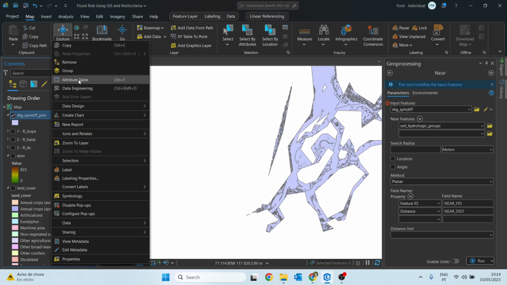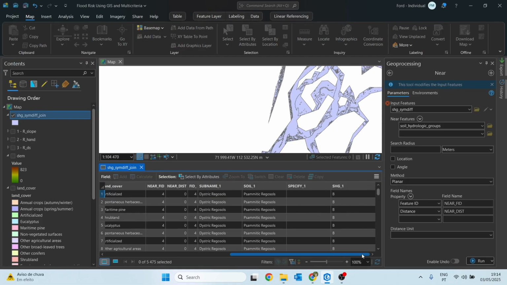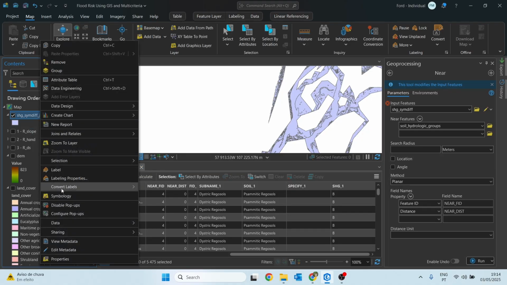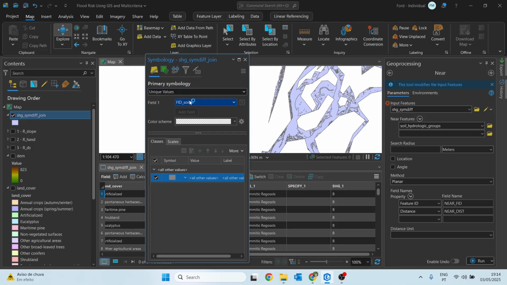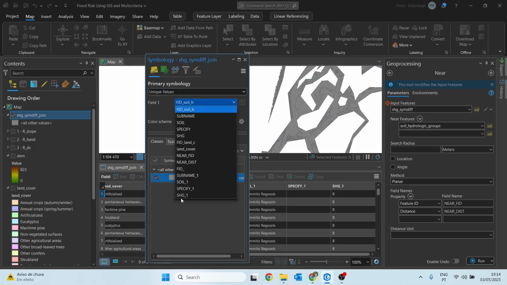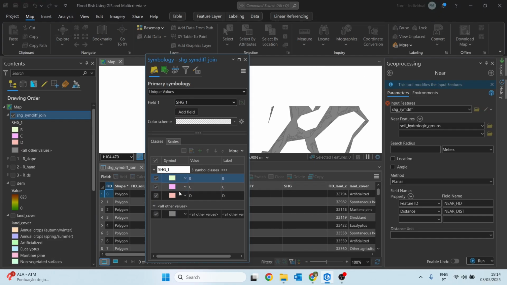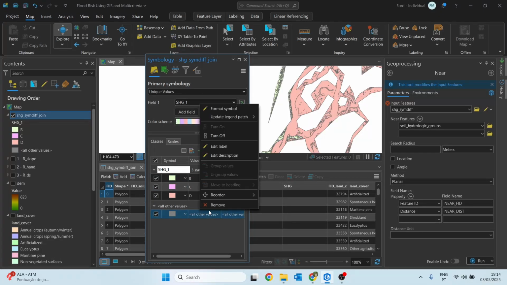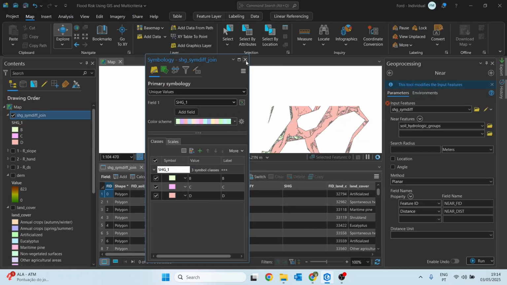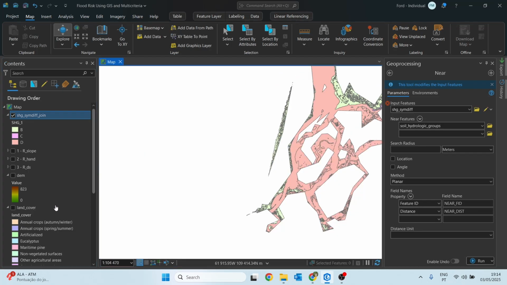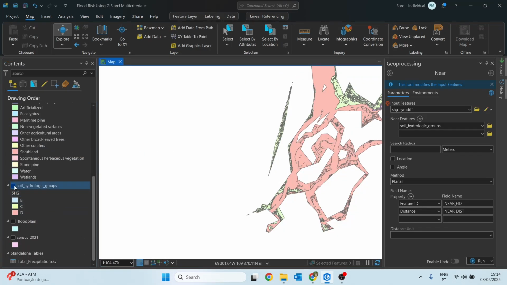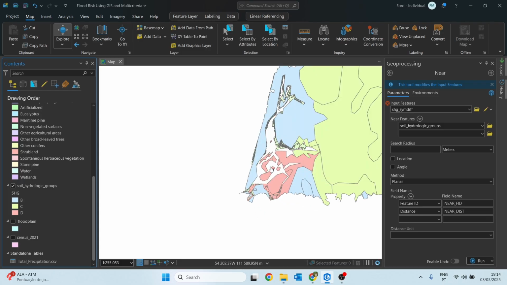If we open the attribute table, we can see that each row now has the value of the nearest soil hydrologic group. If we change, for example, the symbology and choose the field SAG_1, we can visually confirm a spatial relationship with the original soil hydrologic group's shapefile. Of course, the level of detail isn't perfect, but this is one of the valid approaches to help fill in the gaps and correct the error in the dataset, especially when you need a complete and continuous layer for further analysis.